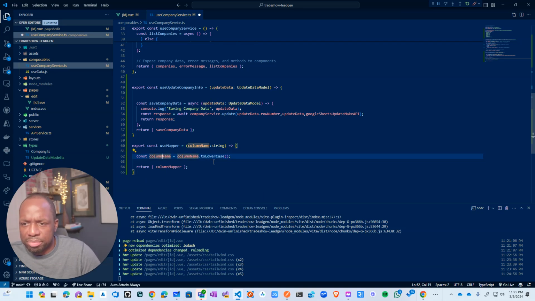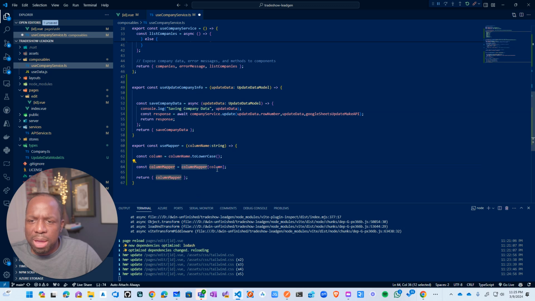So we're going to call it column. There we go, right? So we want to take the column mapper and think, because with JavaScript, in other words,